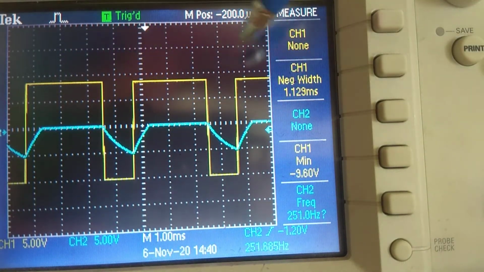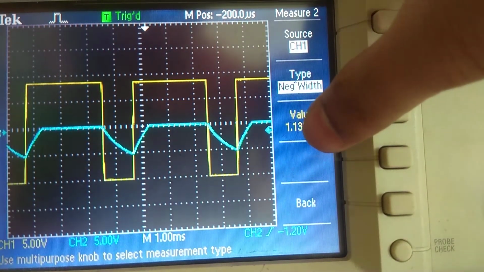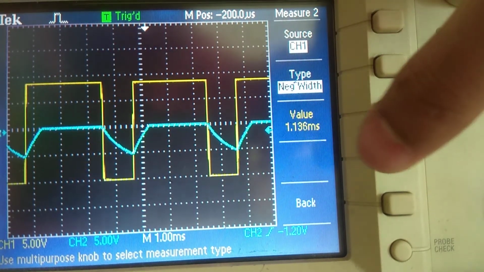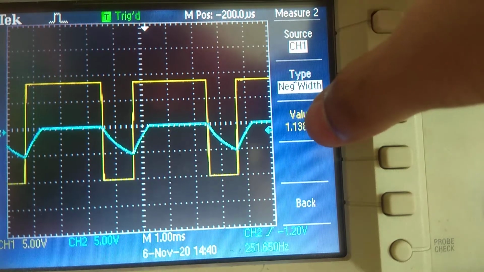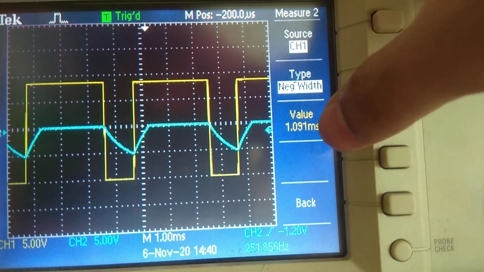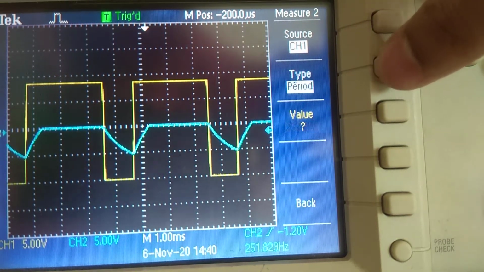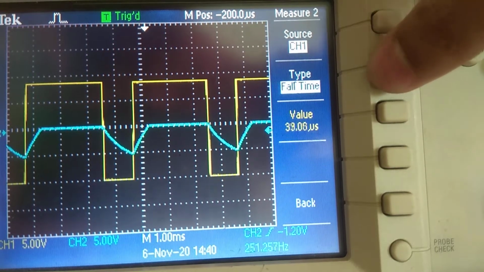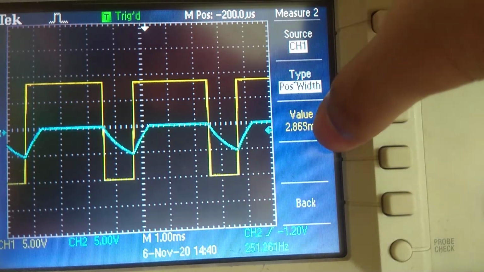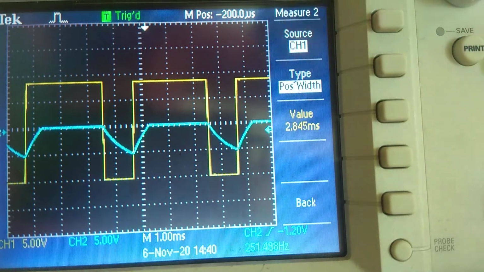See, the width of positive is more, so we go to channel 1 and you see negative width is around 1.13, we have calculated around 800 microsecond, which is almost equal to 1.1 millisecond. Now if you calculate the positive width, this will be greater than your negative width. Positive width is around 3 millisecond and that is around 1 millisecond that we have calculated.